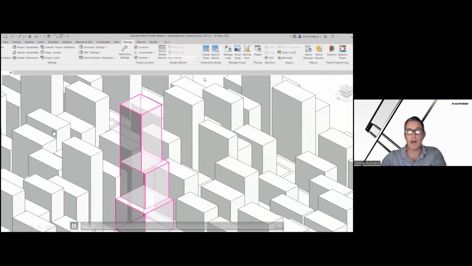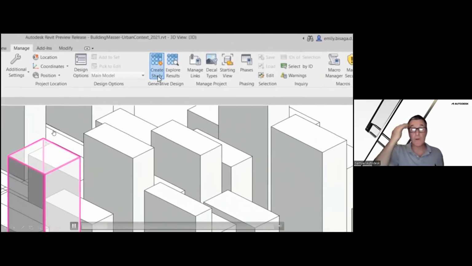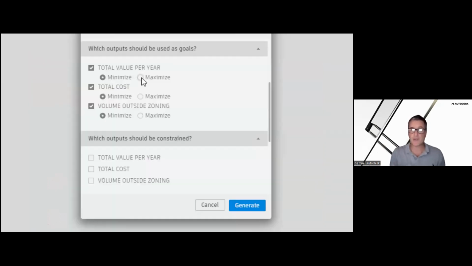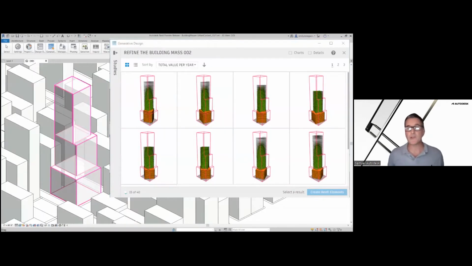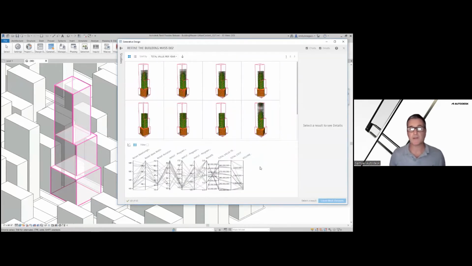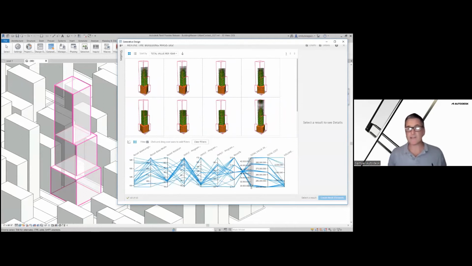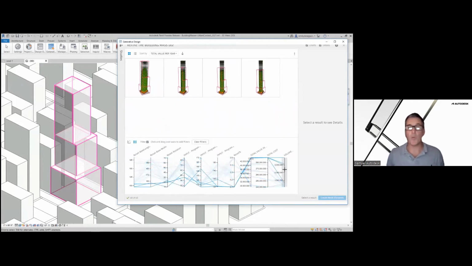Okay, so building massing here, we want to create a study. It's very simple. You have these scripts available with your application. You have certain parameters you want to embed. You can see there's a site envelope here. We've got a certain percentage or a certain floor height ratio for the retail space, a certain height for the tower, what is going to be meeting our criteria.